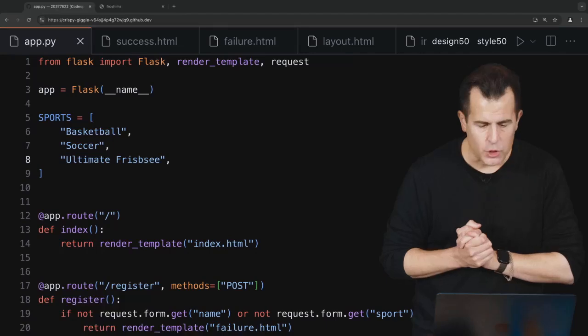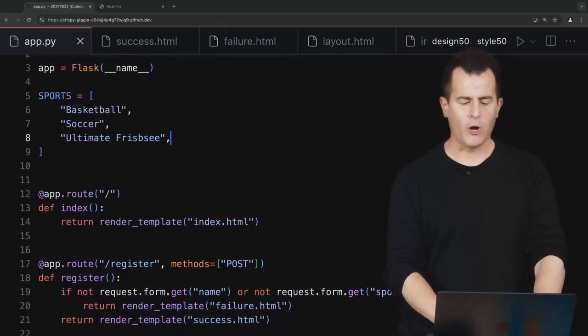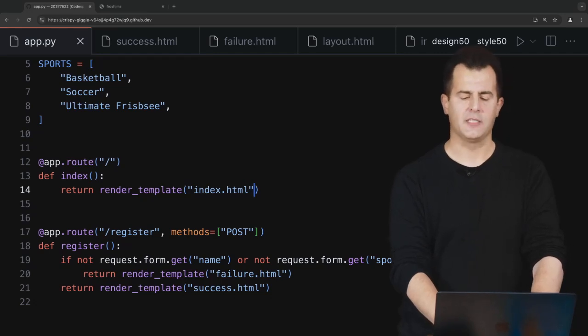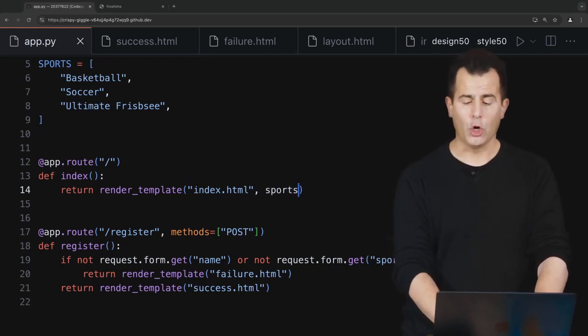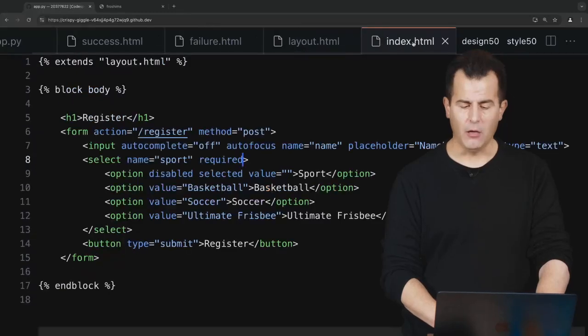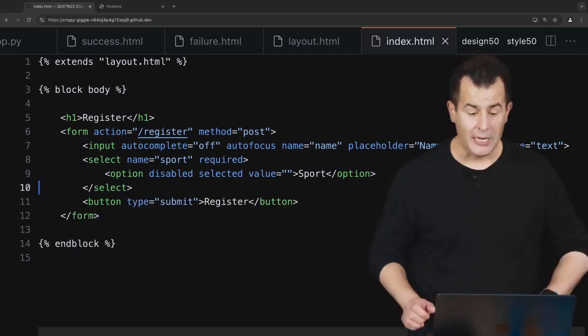What am I going to go ahead and do next now? Well, if I have now this variable containing all of these sports, I don't actually need to hard code them into my template. So I'm actually going to do this. Let me pass in a placeholder called sports into this index template and set it equal to that global variable's value. And now in index.html, let me go ahead and, instead of enumerating all of these sports manually, let's use